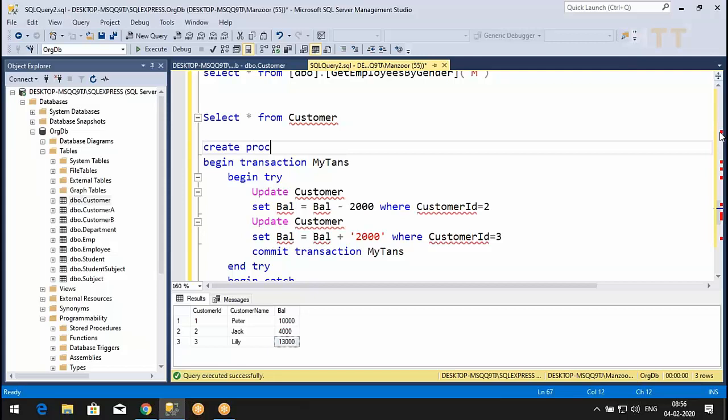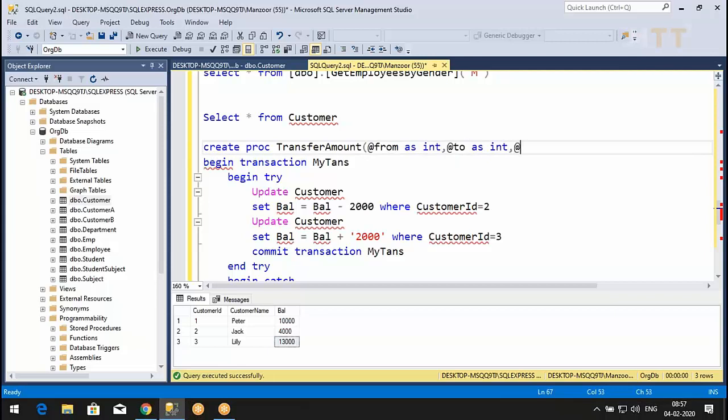Create proc transfer amount. @from as int, @to as int.